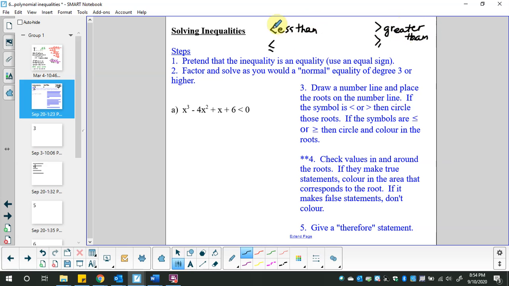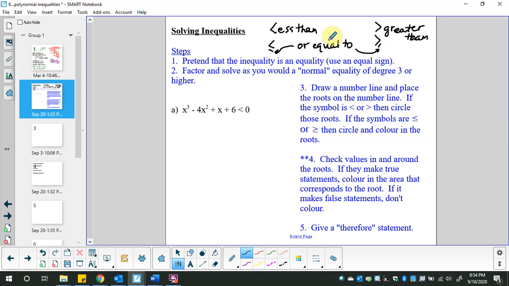Now I remember that because this kind of looks like an L, so I can actually build less than right into it. This part right here gives you the or equal to. So this sign in its entirety is greater than or equal to. You can't be greater than and equal to, and you can't be less than and equal to. It's one or the other. So now you know how to read this, which took me until grade 11 to figure out,